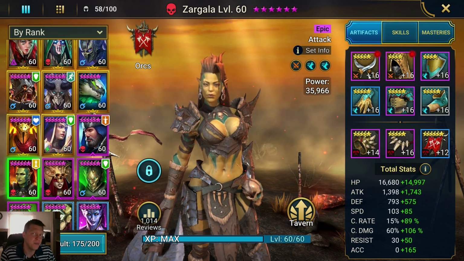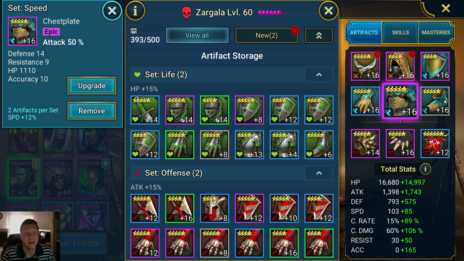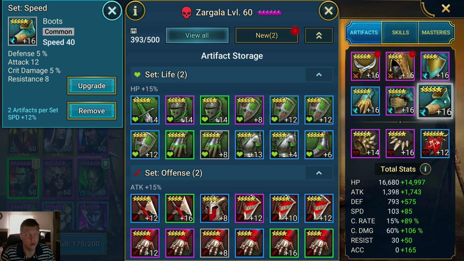So the top pieces are pretty standard. You're going to probably want crit chance gloves, attack percent chest, and speed boots, especially if you're going to use her in the arena. And then she does place that decreased defense and the weaken on her A1, so we need her to at least have decent accuracy. I don't use mine against the clan boss, so I don't need like 200 accuracy, but getting her